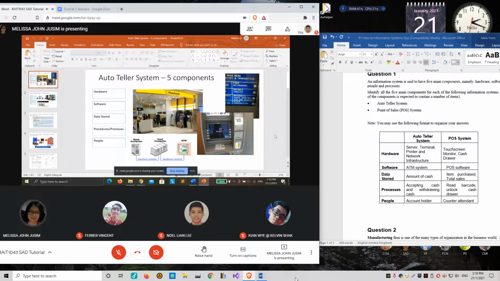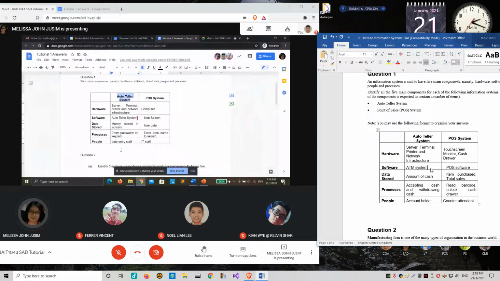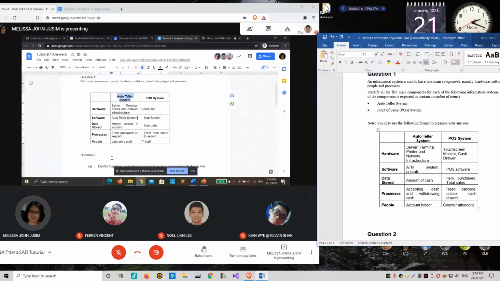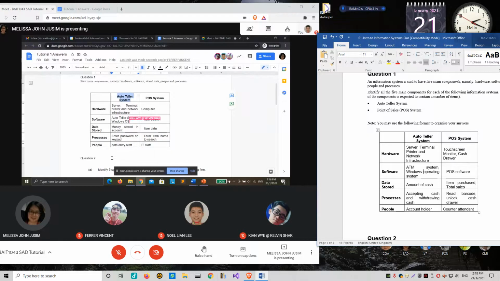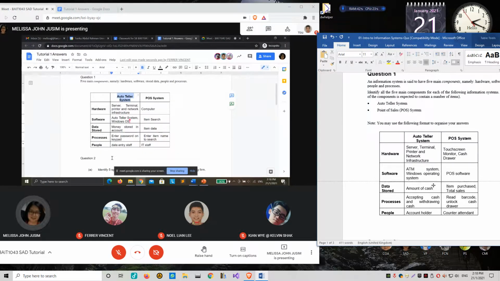Let me double check. Auto teller system, and please add in Windows operating system. That will be the system software, and auto teller system would be the application software.